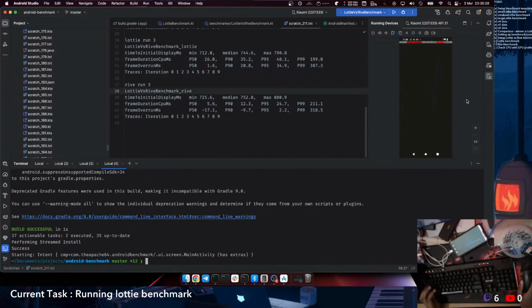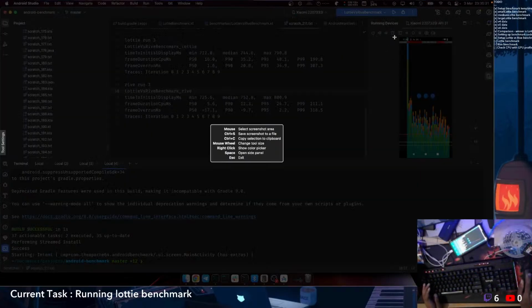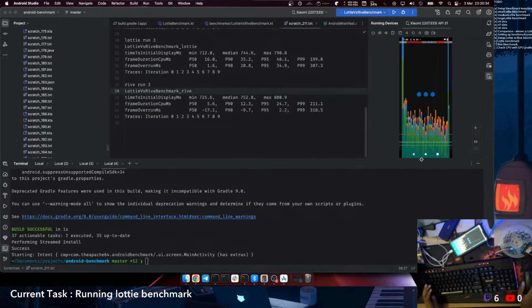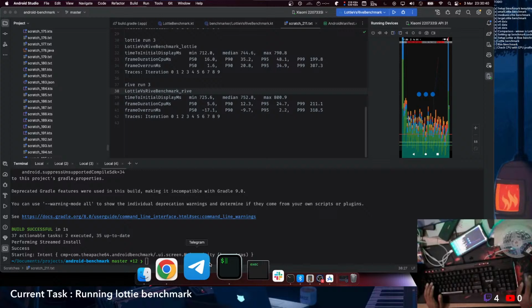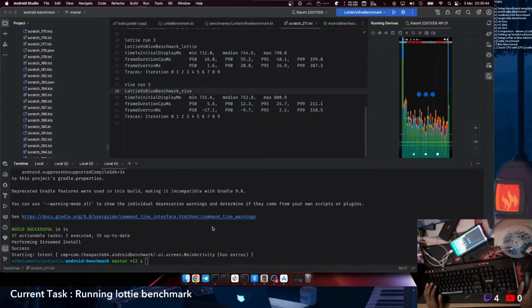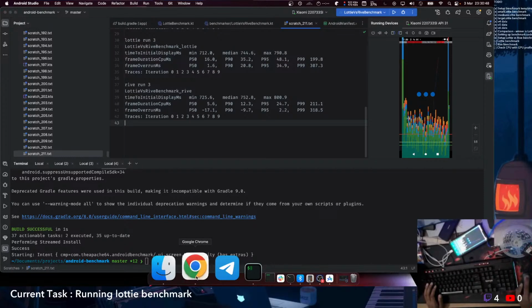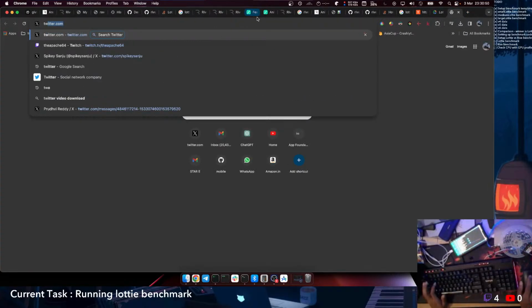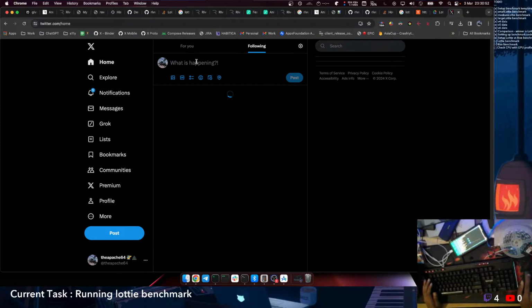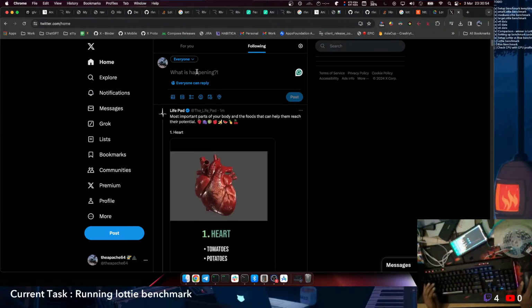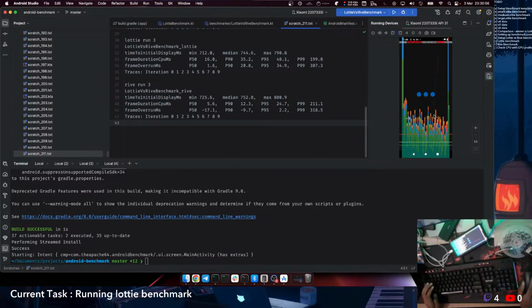And let's take a screenshot. Okay, that's Lottie rendering. How do we save this? We need to save this somewhere. We can use Twitter. Let's put it here,